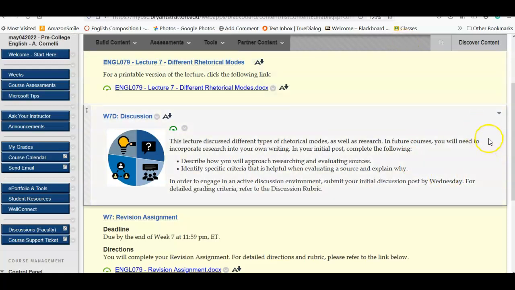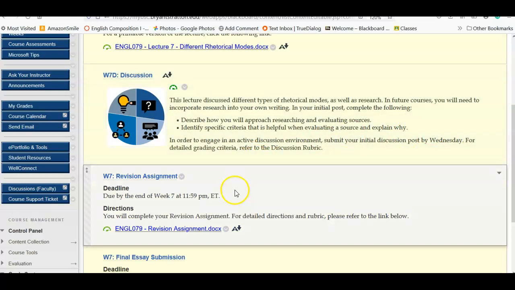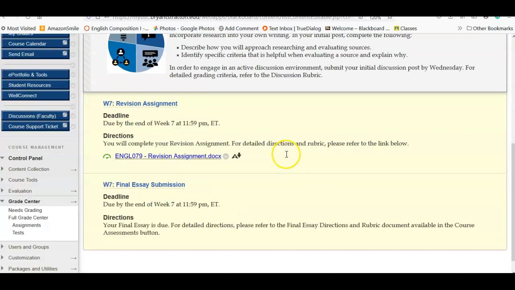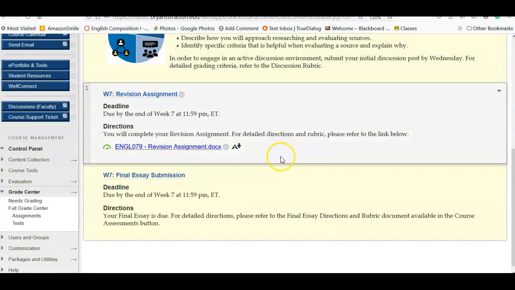The next thing you're going to be doing is some revision. This is going to be looking at someone else's work and applying some of the things you've learned about punctuation and mechanics. One thing you may want to do is go back through some of the other course weeks. Every week in those lectures we had specific information about different types of grammar and punctuation, so it might be a good time to review those.